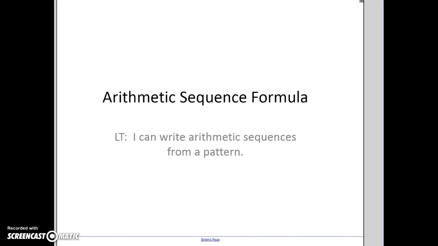Learning target: I can write arithmetic sequences from a pattern. You may recognize the word and think that it spells arithmetic, and it does. However, with sequences, instead of using the pronunciation of arithmetic, we use the pronunciation arithmetic. And an arithmetic sequence is a pattern